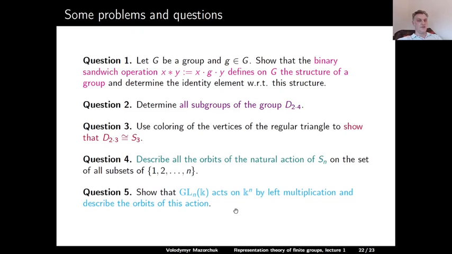And question 5, show that GL_n(k) acts on k^n by left multiplication and describe the orbits of